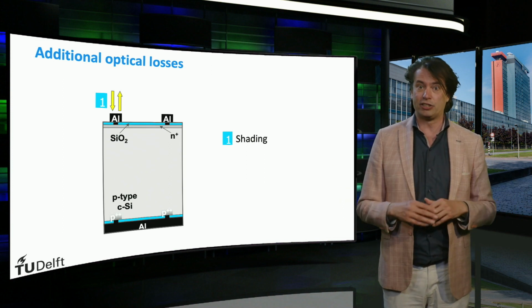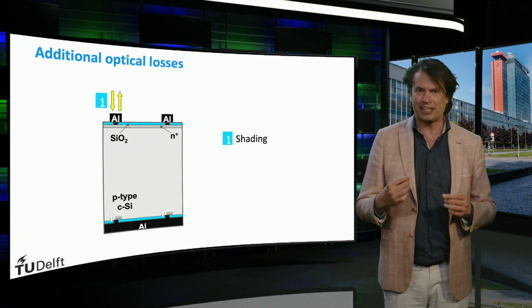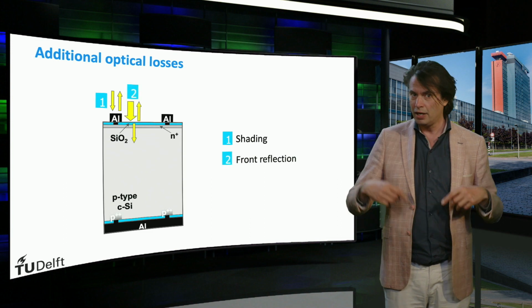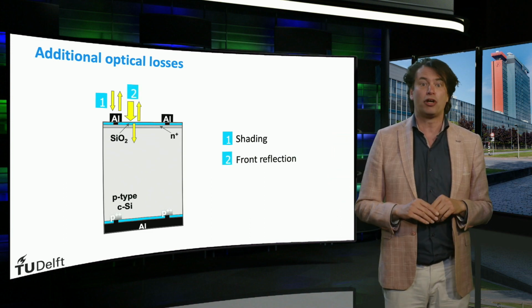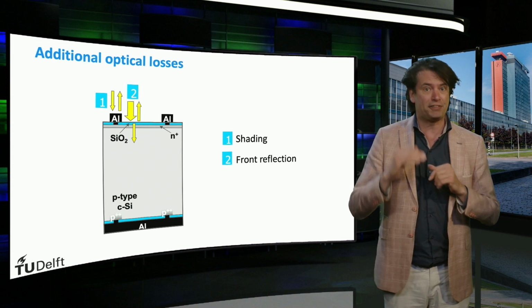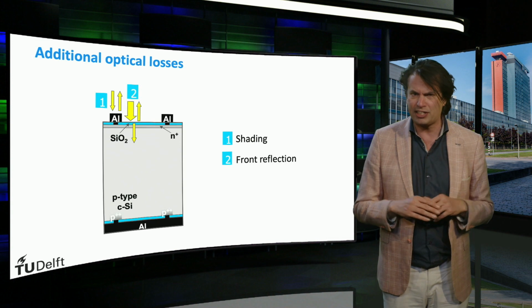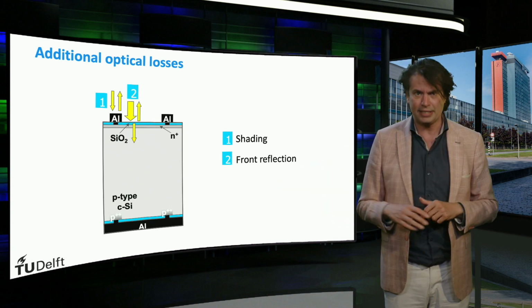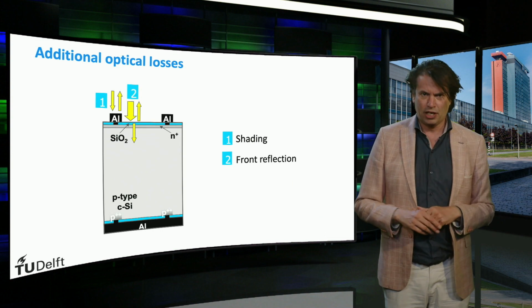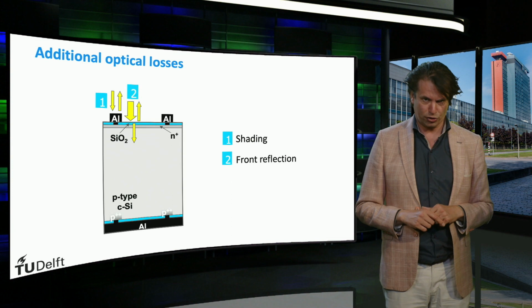The metal grid is not the only factor that prevents light from entering the solar cell. The glass plate used to encapsulate the solar modules reflects a fraction of the incident light as well. Even though silicon dioxide is highly transparent to visible light, it's not completely so. Some light is therefore reflected off the front surface of the solar cell.